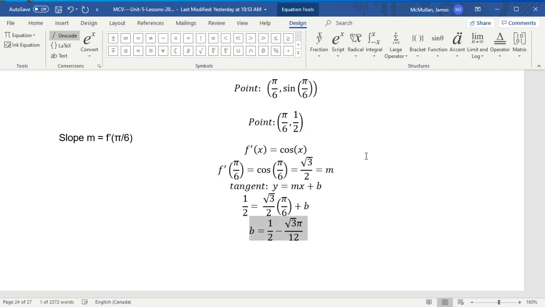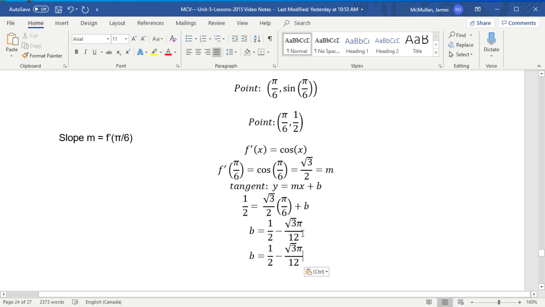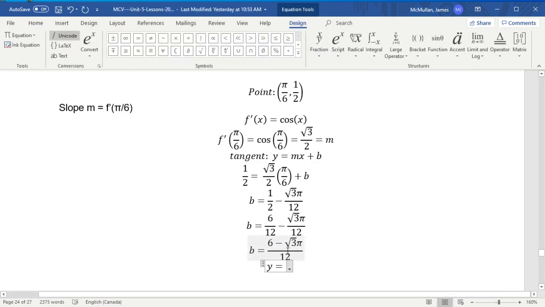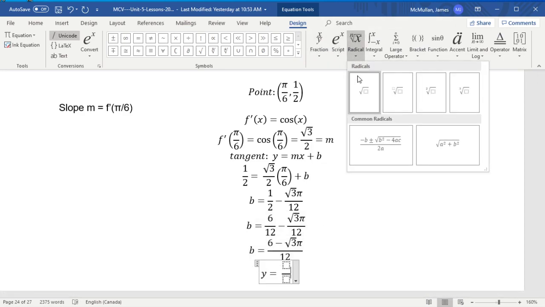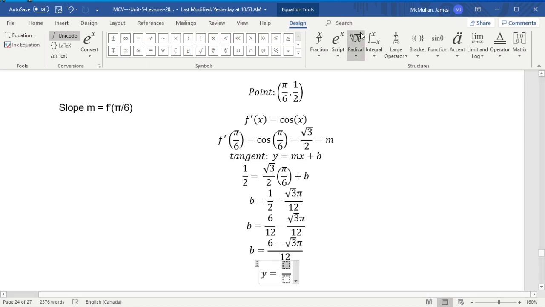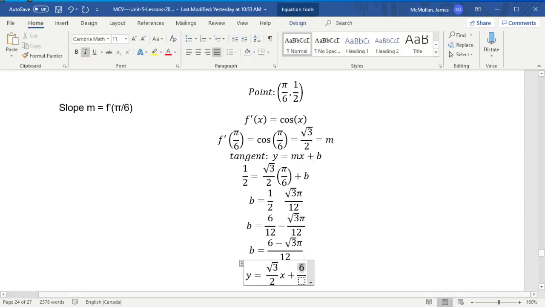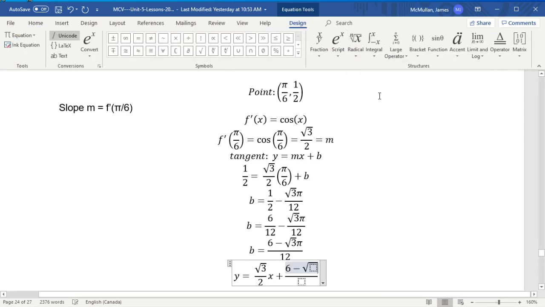We could take this line and clarify it a little bit. We could make this one over 12 and that one over 12, and we can just create one fraction here. So the b value is (6 minus root 3 pi) all divided by 12. And therefore the tangent is y equals root 3 over 2 x plus this big fraction: 6 minus root 3 pi